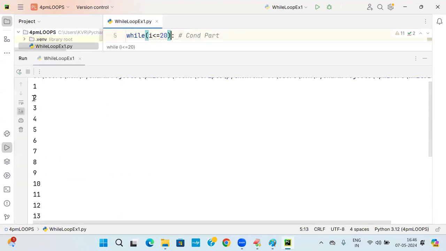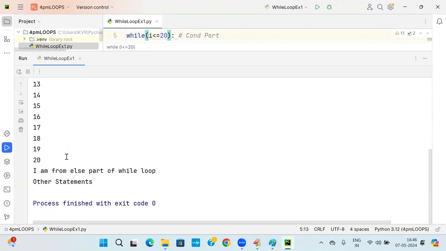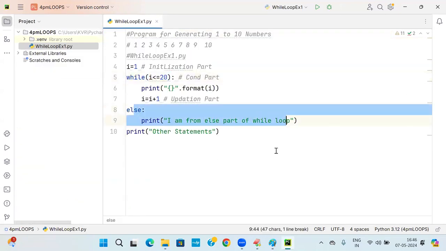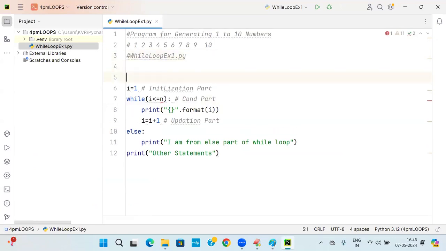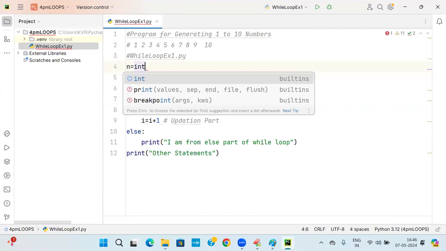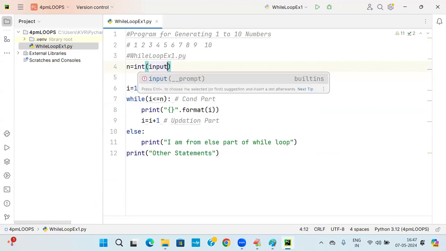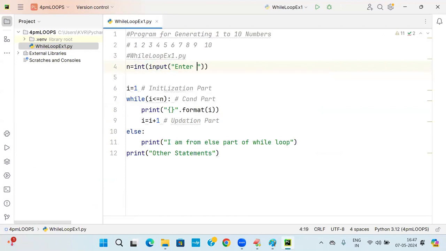1 to 20, 20 times printed, and the else part of the while loop. I may write an else part, I may not. But today I am writing it in general. I will take it as N. What is that N? It is a number I am getting from the keyboard. So I'm writing here n is equal to int of input of, now I'm writing,